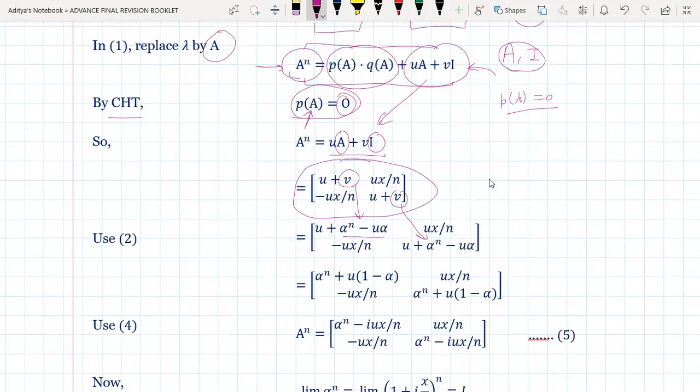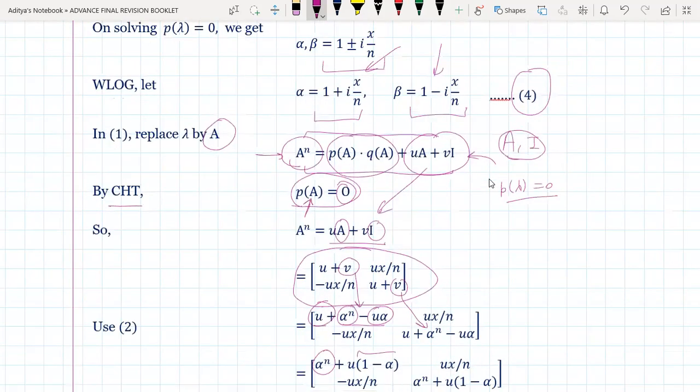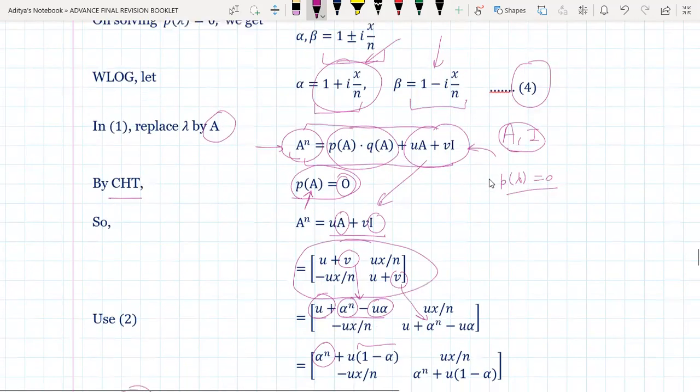Now of course alpha power n is there, alpha power n is there, u can be taken common between both these terms, that we have done. So u into 1 minus alpha. Now once we have got this, what we can also do is use equation number 4, in which we have said that alpha is equal to this much, right? So 1 minus alpha value would be